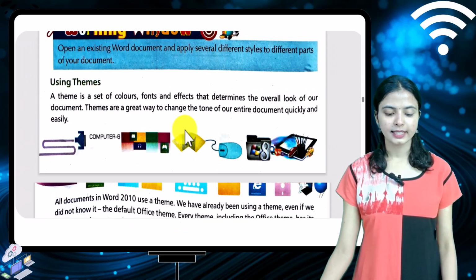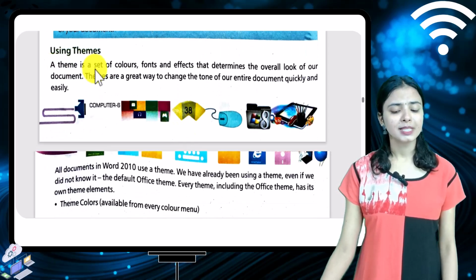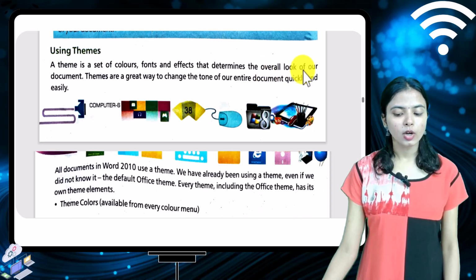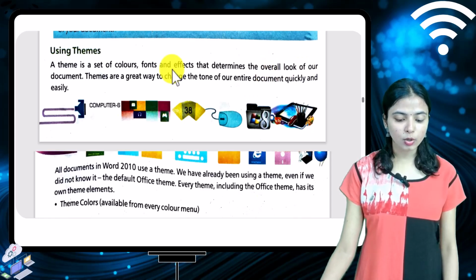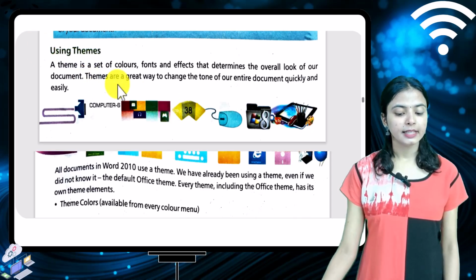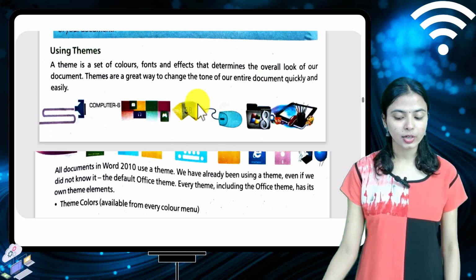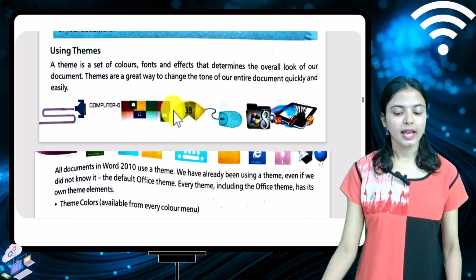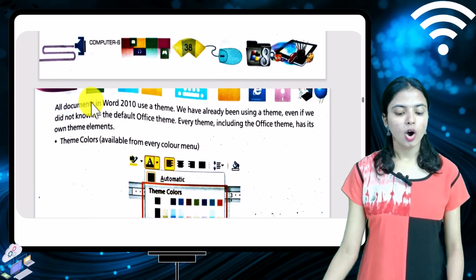Okay, next, using themes. A theme is a set of colors, fonts and effects that determines the overall look of a document. हमारा ओवरऑल लुक क्या होगा डॉक्यूमेंट का, ये कौन डिटरमाइन करेगा, हम थीम से डिटरमाइन करेंगे। ओके, themes are a great way to change the tone of our entire document quickly and easily. हम क्विकली और इजीली पूरे के पूरे डॉक्यूमेंट का टोन चेंज कर सकते हैं।